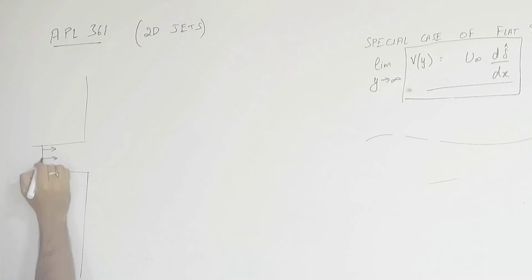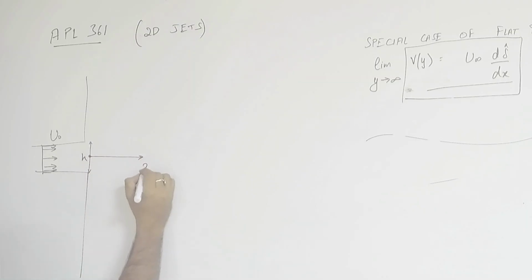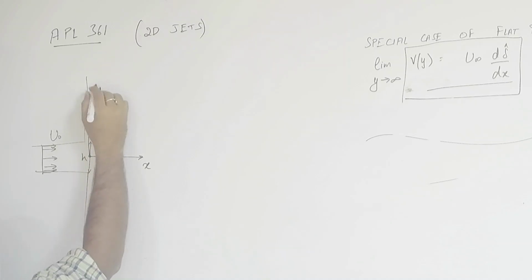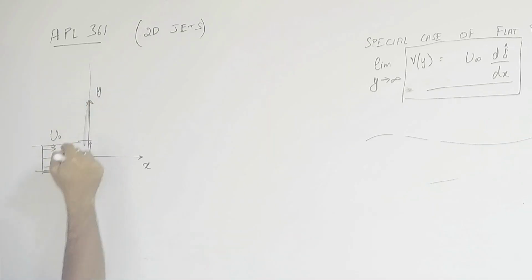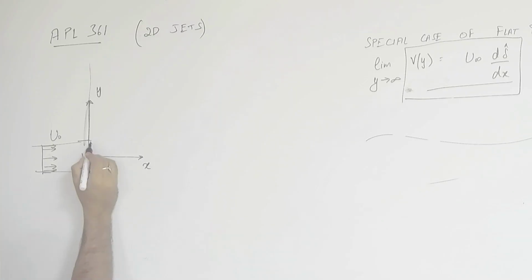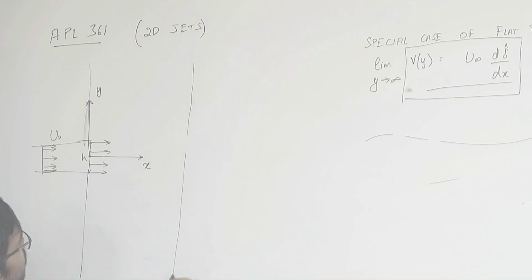So you have a uniform flow of, let us say, speed u naught coming out of an orifice which has a height, let's say, h. I'm going to put my coordinates exactly at the outlet of this orifice, and so at the orifice you have this type of a flow profile right at x equal to 0, and then as you move further downstream,